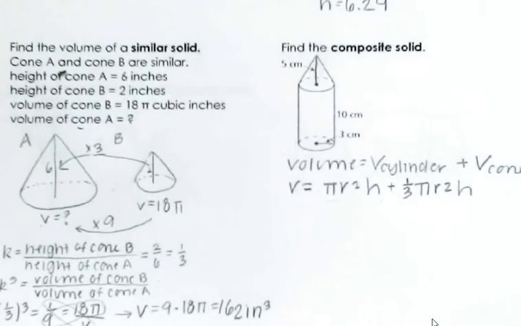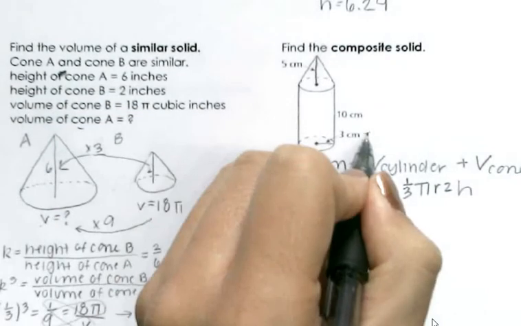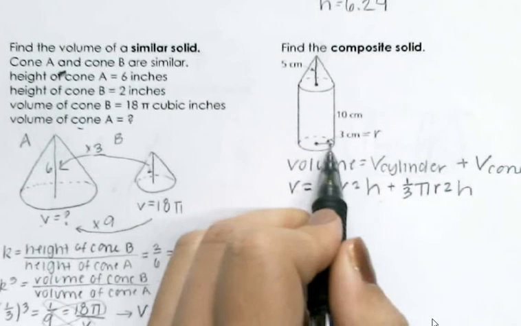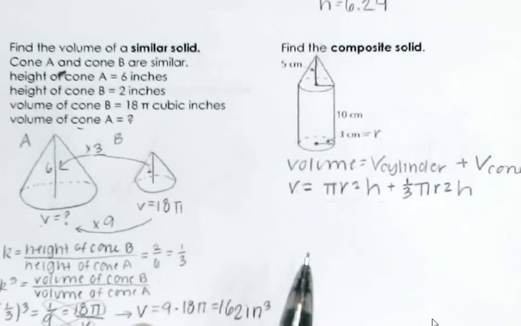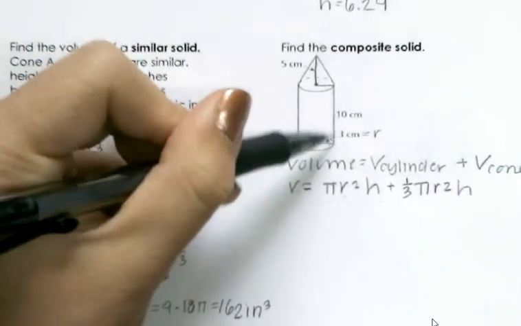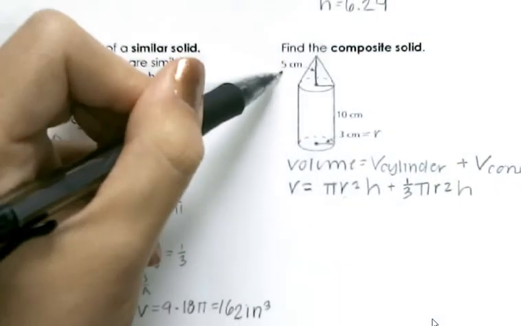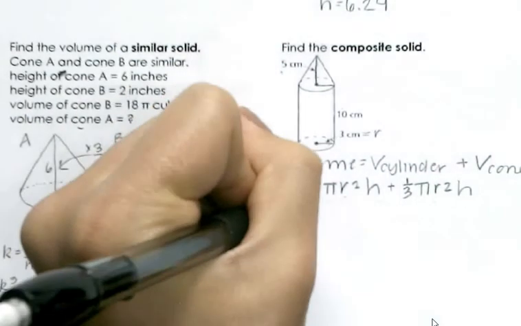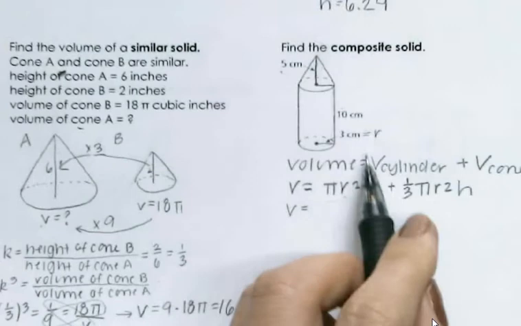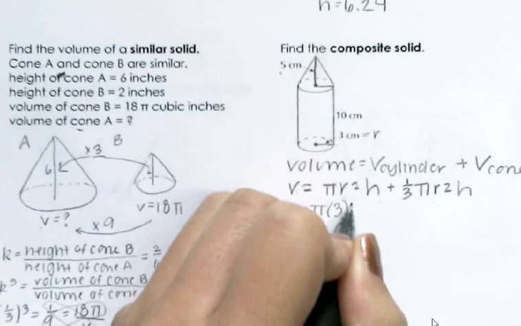So let's see what information is given to us already. 3, this is the radius. Notice this radius for the cylinder is the same as for the cone. So this is also 3 there, so we're given both of our radii. The height of our cylinder is 10, and the height of our cone is 5. So we have all the information we need, so we're just going to plug that in. For the cylinder, the radius is 3, and the height of our cylinder is 10,